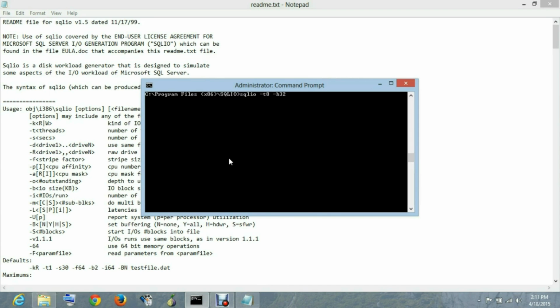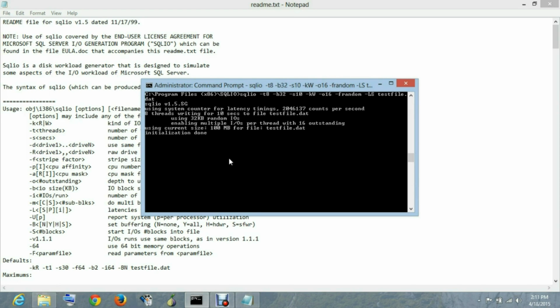I'm specifying the block size as 32 initially, 32 KB for 10 seconds, on test file.dat. Let us run this command for 10 seconds and observe what is the output. As we can see here, it is using 32 KB random IOs.